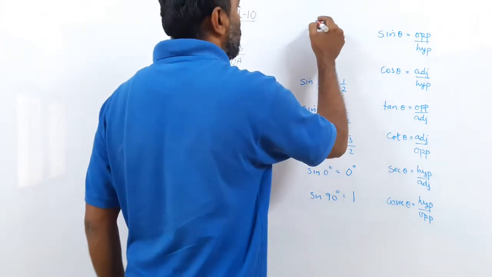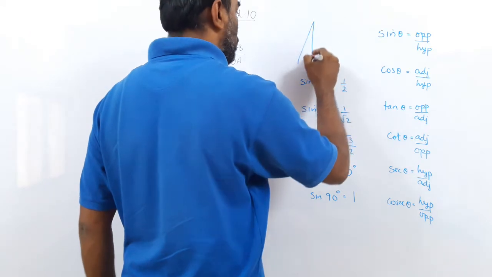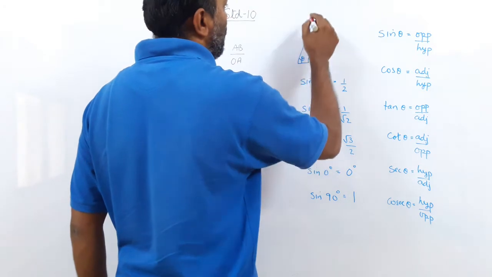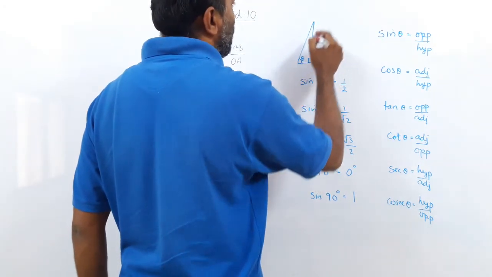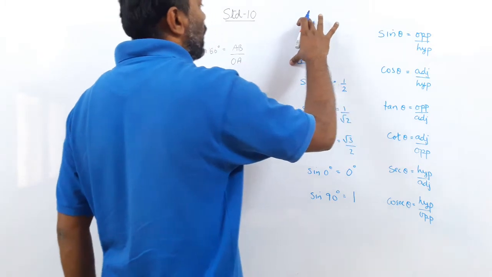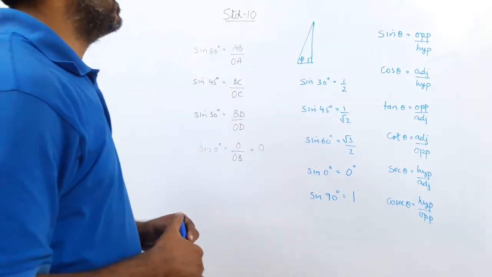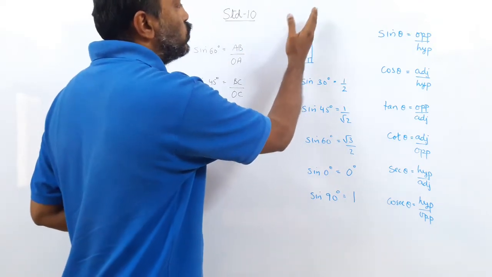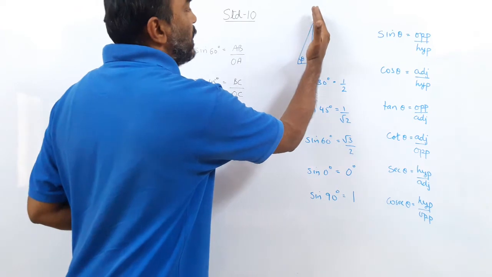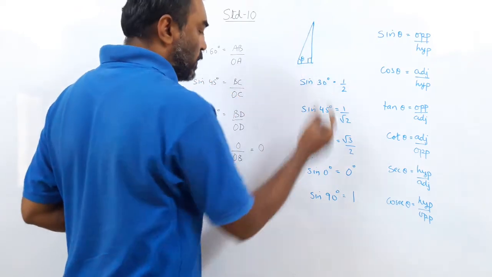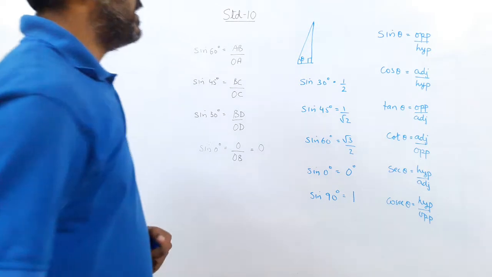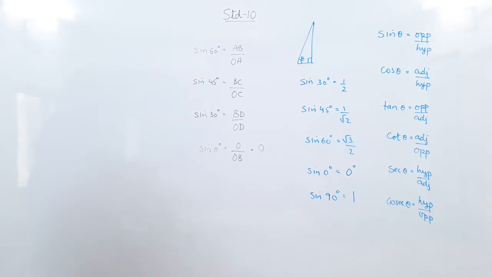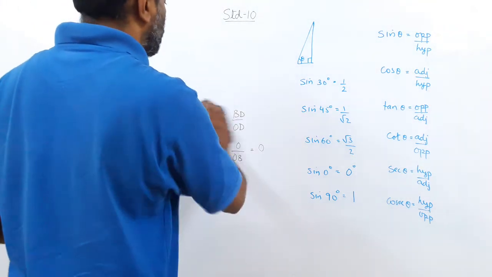I draw the triangle again. You can see no matter how big the angle is. Now theta is quite big, say 80 degrees. So you see no matter how big the angle is, the opposite side can never be equal to the hypotenuse. But this is a hypothetical thing, that if we make the angle bigger and bigger, eventually the hypotenuse and the opposite side will both match and become equal. So sine 90 becomes 1. So this theoretical part can also be used for what?